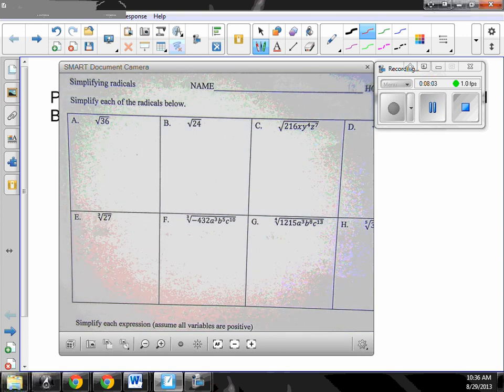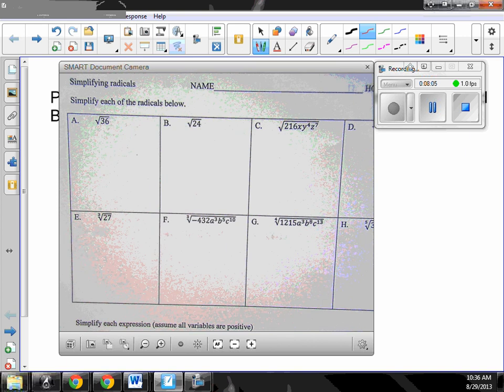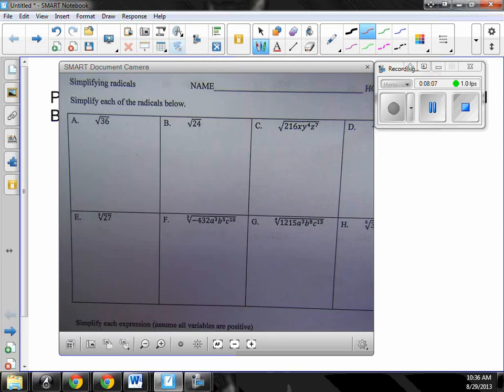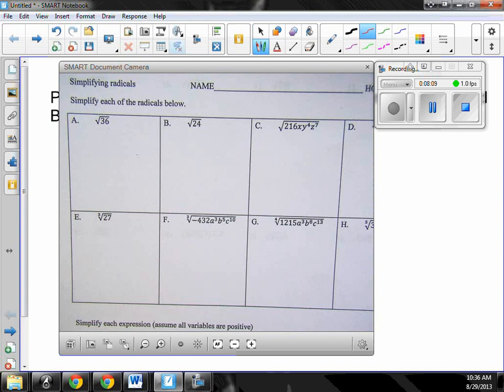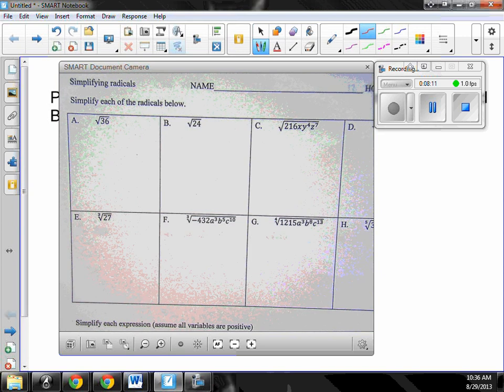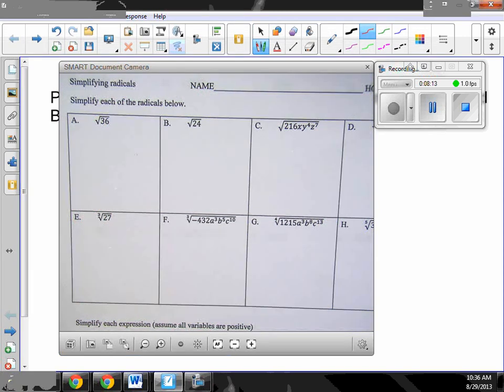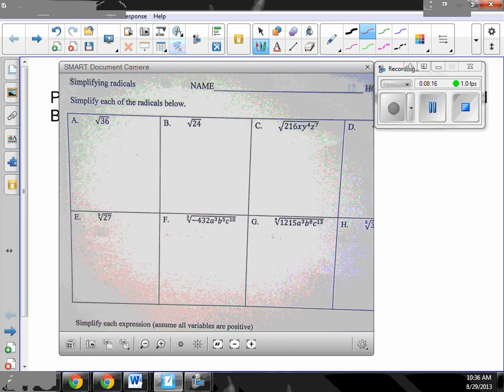And then, of course, you have 10. How do you know if a number is divisible by 10? Ends in a 0. So if you look at page 6 in your textbook,